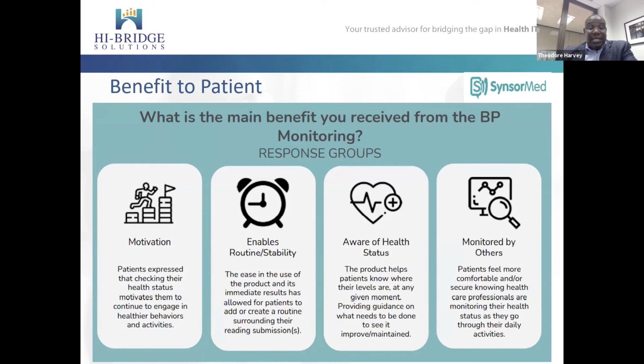Another focus group said they like the routine, right? The stability, making sure they have a consistent thing they do every day, and it helps them feel stable about, hey, I'm doing something toward my health. Aware of health status. Some just want to be aware on an ongoing basis of, hey, if I'm monitoring myself, I want to make sure I understand what's going on. And the product and this type of monitoring can help the patients be more aware of their health status on a day-to-day basis. And then finally, the last group looked at, is it important for me to be monitored by others, right? Do they want a caregiver or a healthcare professional to look at the data and understand what's happening with them,